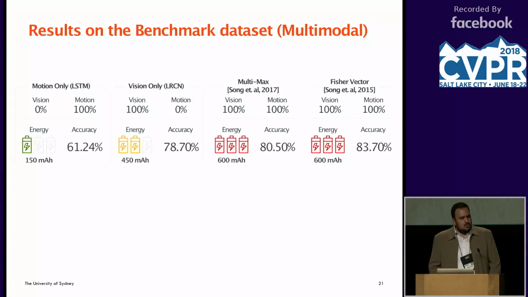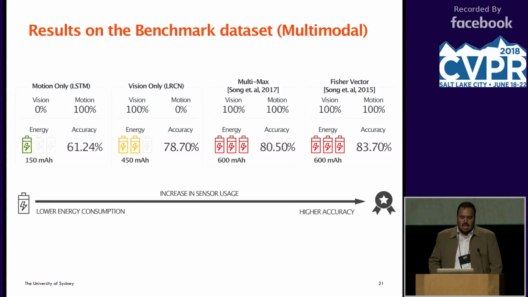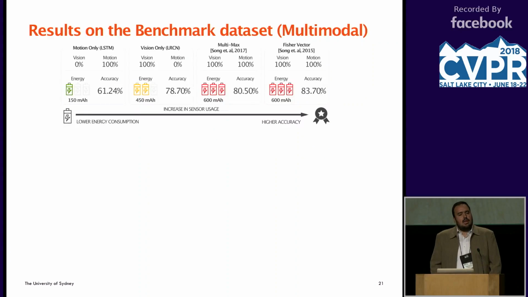So let's see some results. In here, from left to right, we have an increase in sensor usage and also in accuracy. And we can see that on the extreme left, we have a very energy efficient model, which is a motion-only approach, with only 61.24% of accuracy, but at a cost of 150 million per hour. And as we go to the right, we have the state-of-the-art accuracy on this task, but also they are very energy intensive, as we discussed before. So what is our goal? We want to learn a policy that can sit anywhere in this line, and we do that by changing the hyperparameter